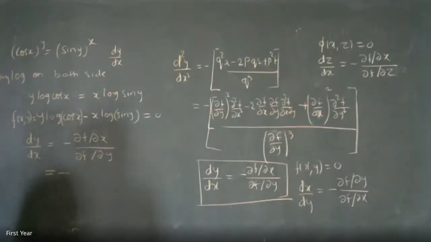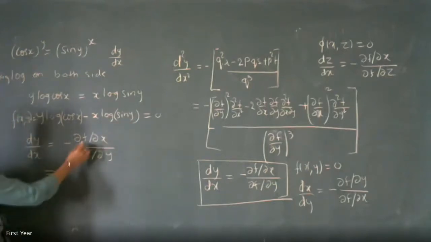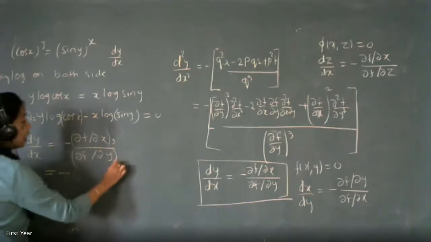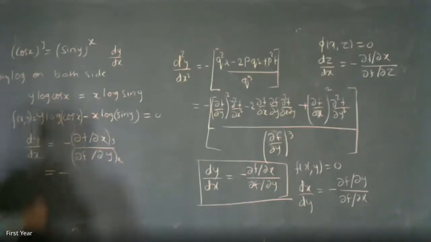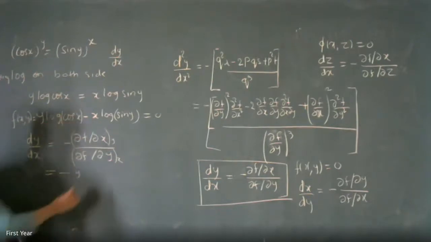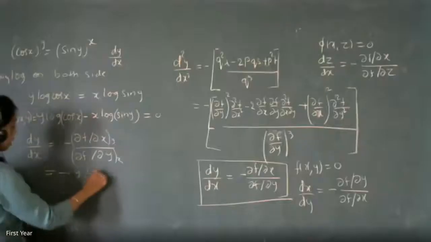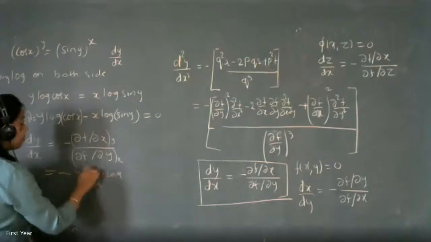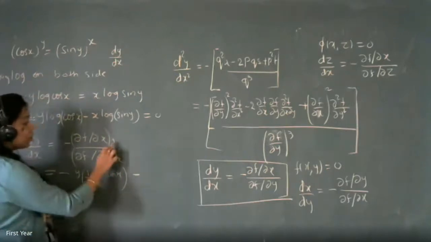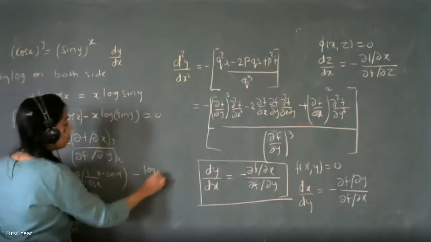So minus of del f by del x. This entire function you have to differentiate with respect to x. What do you mean by partial derivative? Here y will be constant and here x will be constant. So the derivative of this with respect to x, y remains as it is. Log cos x derivative is 1 upon cos x into derivative of cos x, that is minus sin x. Minus log sin y is constant because y is constant. The derivative of x with respect to x is 1. So log of sin y